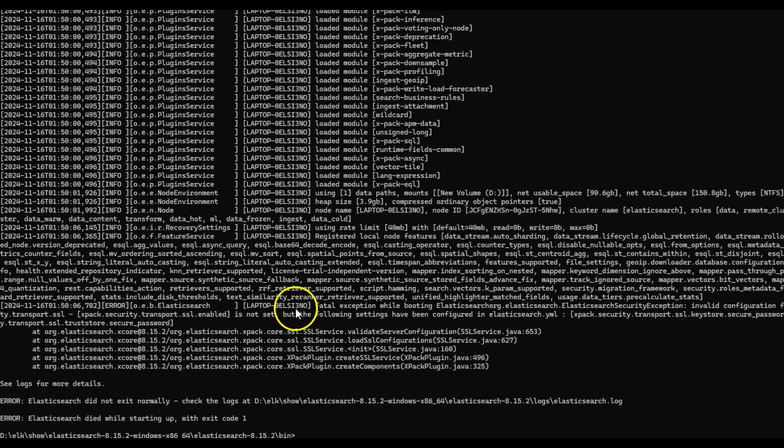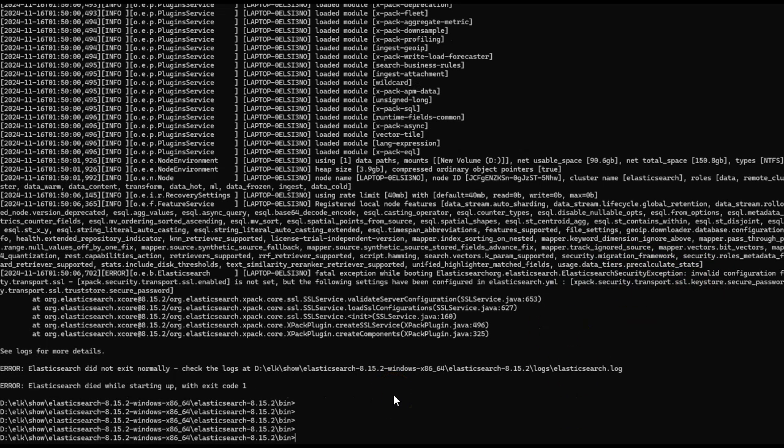Next, we'll be starting Elasticsearch. So here the Elasticsearch instance has failed to start, and the reason for this is some settings have been configured in the Elasticsearch keystore, which we'll have to remove. So I have not configured transport SSL for this example, and some configurations related to this are there in the Elasticsearch keystore, which we'll need to remove. So we'll be clearing these properties from the Elasticsearch keystore.